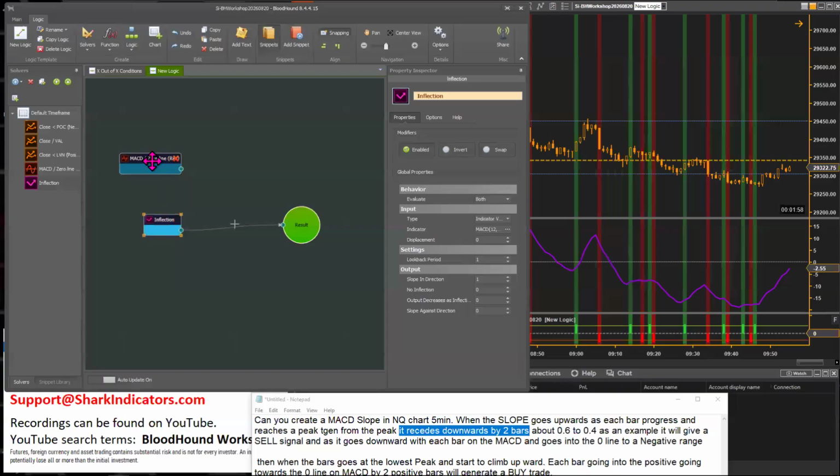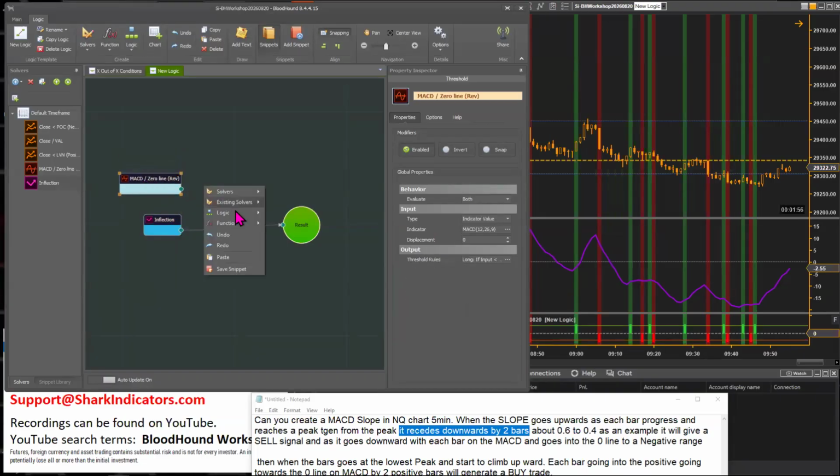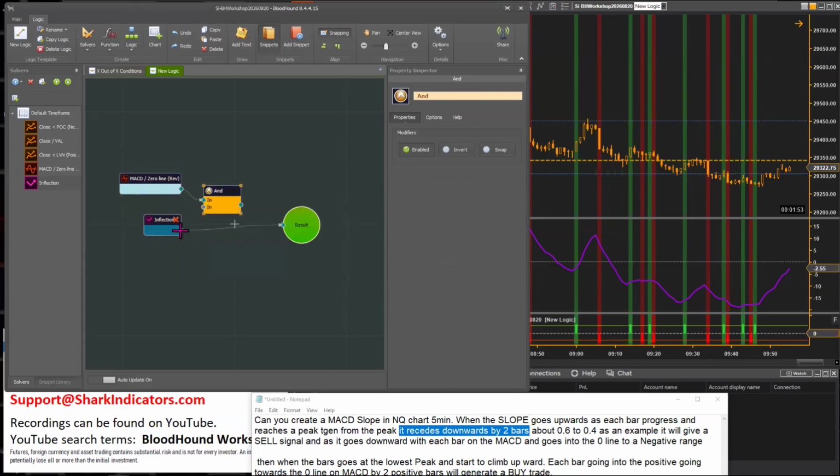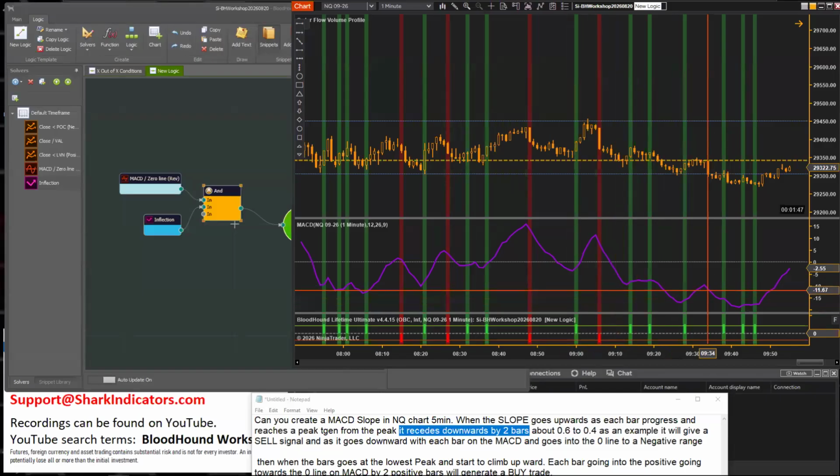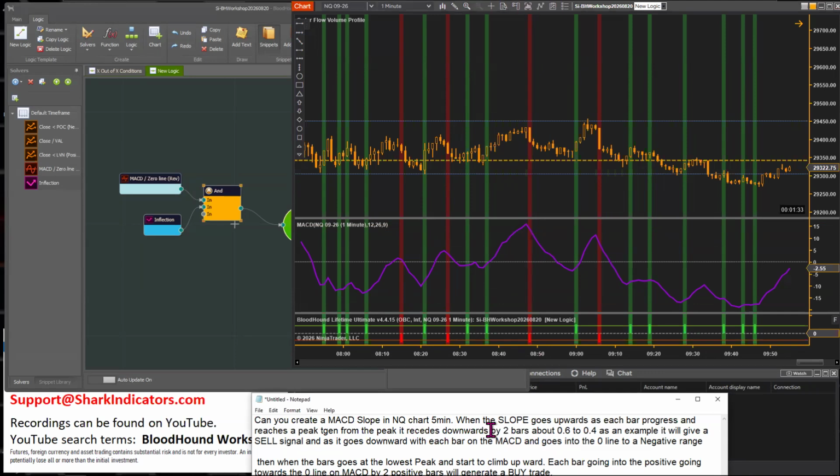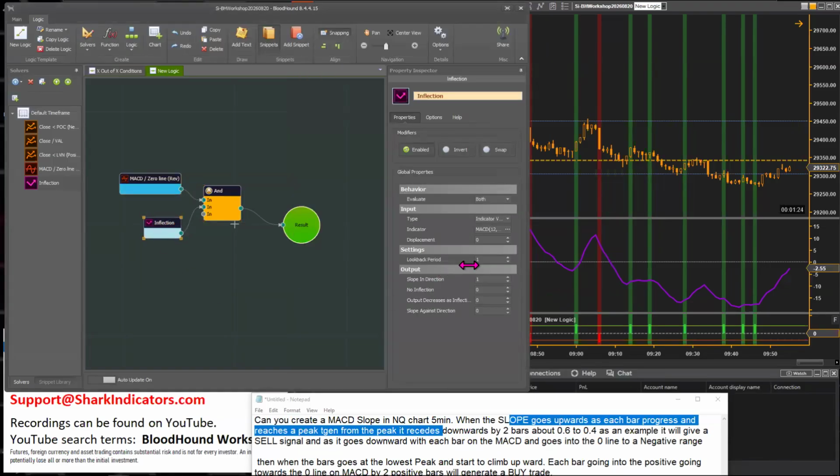So now we can combine these two. There. All right. So any reversal downs below the 0 line here, right now there's no short there. But what we need is a signal on the second bar. So we need a downwards 2 bars. So what I'm going to do is on the inflection solver, we have this look back period. If I increase that to 2,